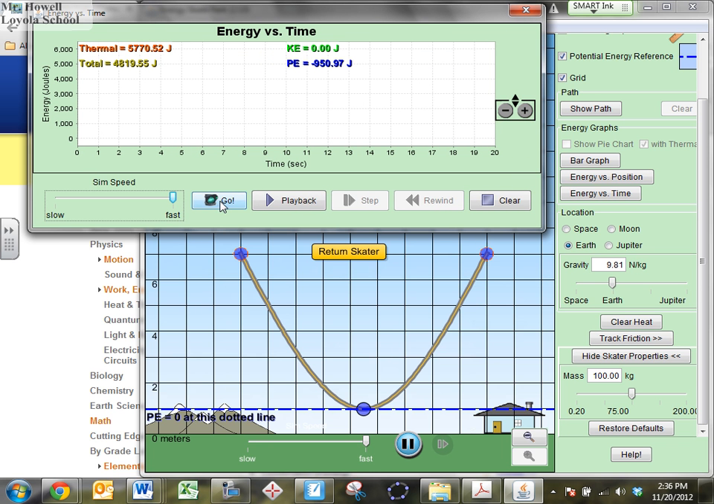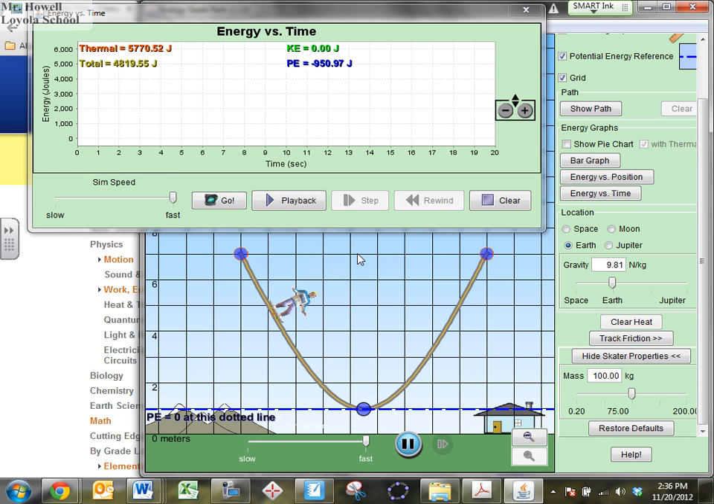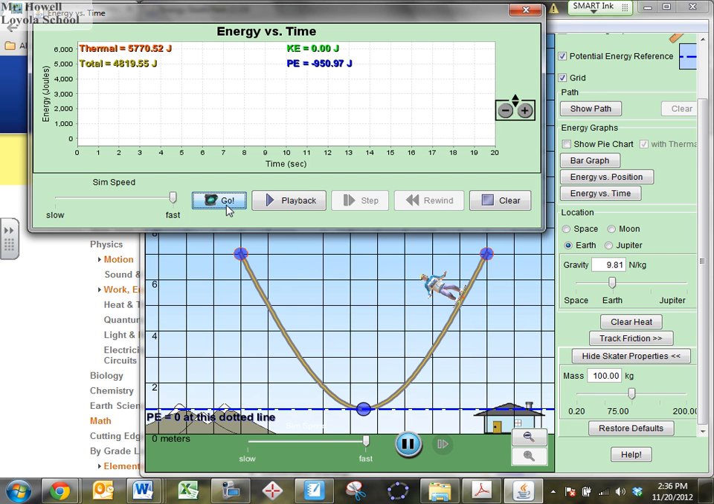Alright, so watch what happens. First of all, I'm going to hit return skater first. Skater's going to drop on there. He's going to be just floating back and forth. Now, here's what I want you to notice. When we hit the button go here, it's going to start tracking the energy as a graph. Okay, so when I hit go,